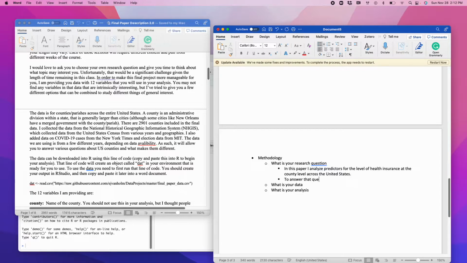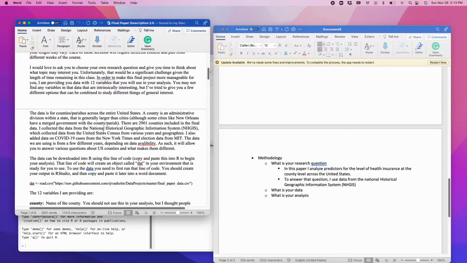To answer that question, I use data from the National Historical Geographic Information System, right? That is right here. I'm using data from this. I don't use COVID cases in my study. I don't use election data. And so all of my data is coming from the NHGIS,